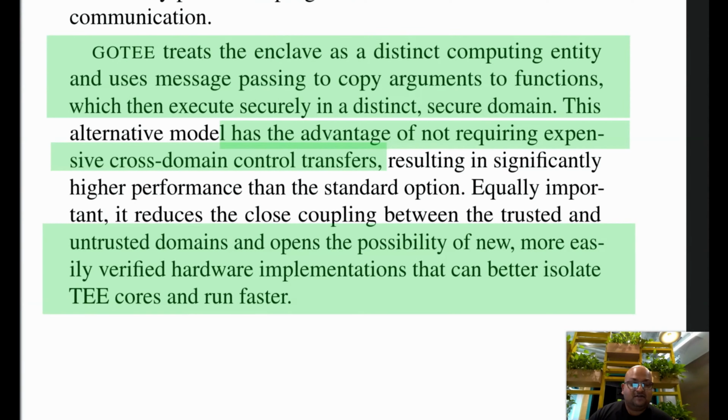So that was a look at GoT, which proposes a Go routine-based abstraction for programming trusted execution